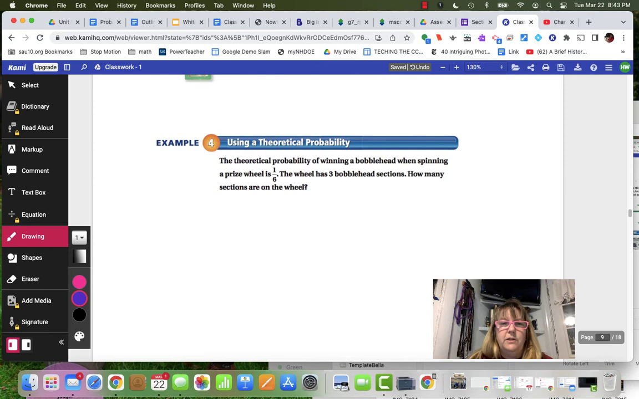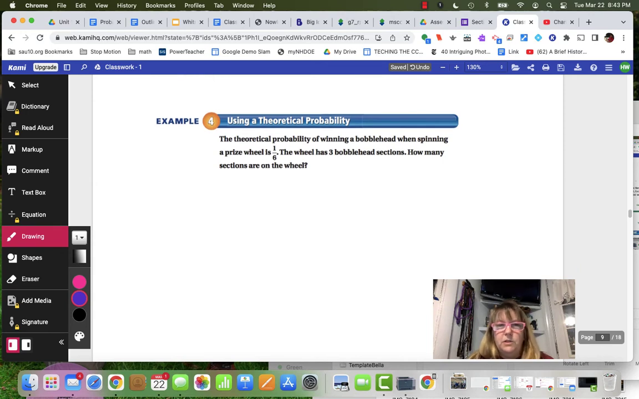All right, using theoretical probability. So the theoretical probability of winning a bobblehead when spinning a prize wheel is 1/6. The wheel has 3 bobblehead sections. How many sections are on the wheel altogether? Well, if we know that it is the number of bobbleheads,